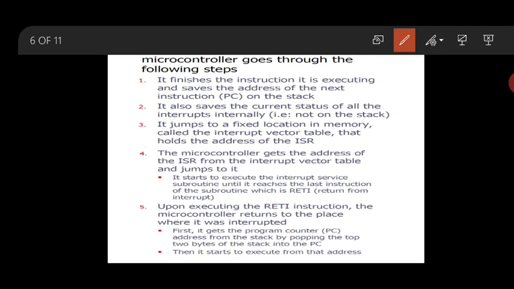This is the sequence of operations performed by the microcontroller when it finds an interrupt. You can have n number of interrupts. Whenever it is executing serially, if an interrupt occurs, it will suspend the current instruction and immediately go to the interrupt program. It loads the address of the suspended program onto the stack and completes the interrupt program. Again it pulls the address from the stack, loads it into the PC, and starts executing. This is the process for the interrupt service routine.